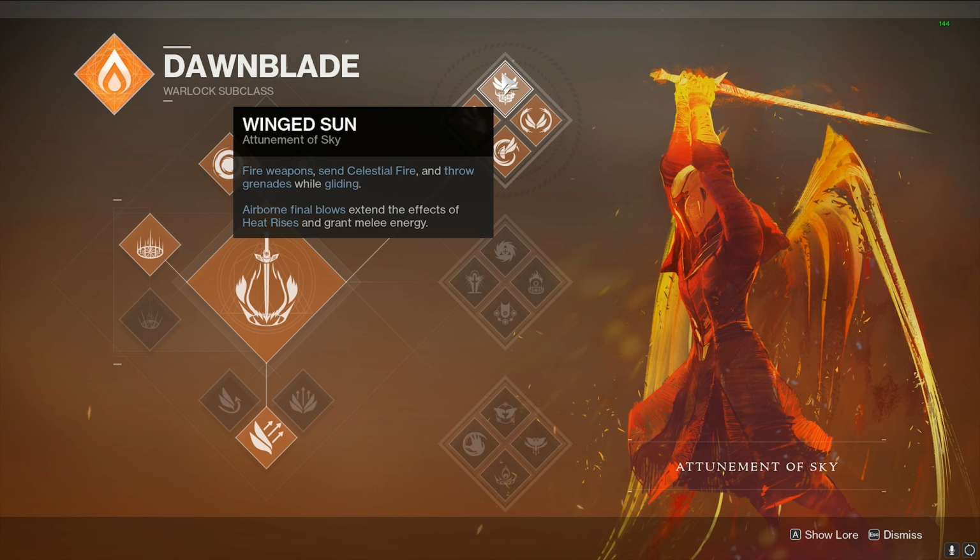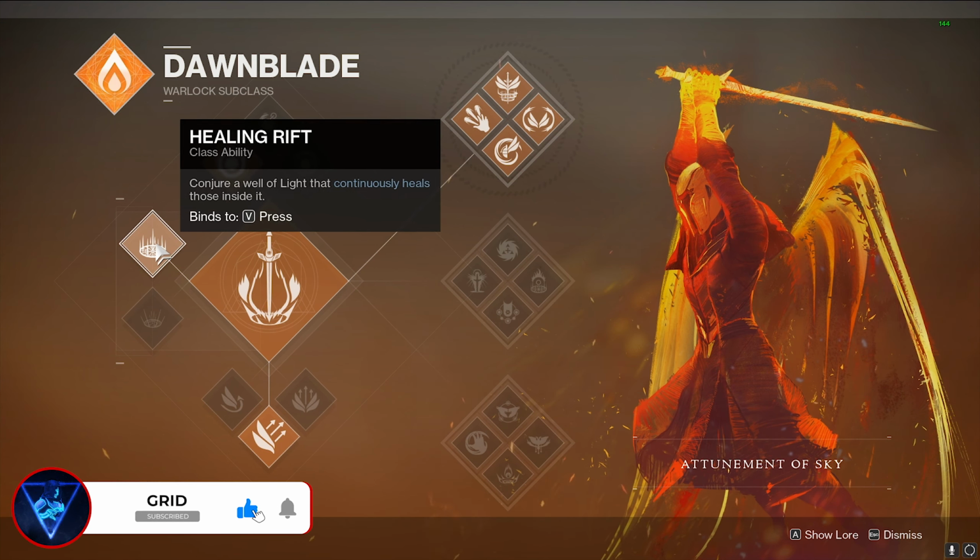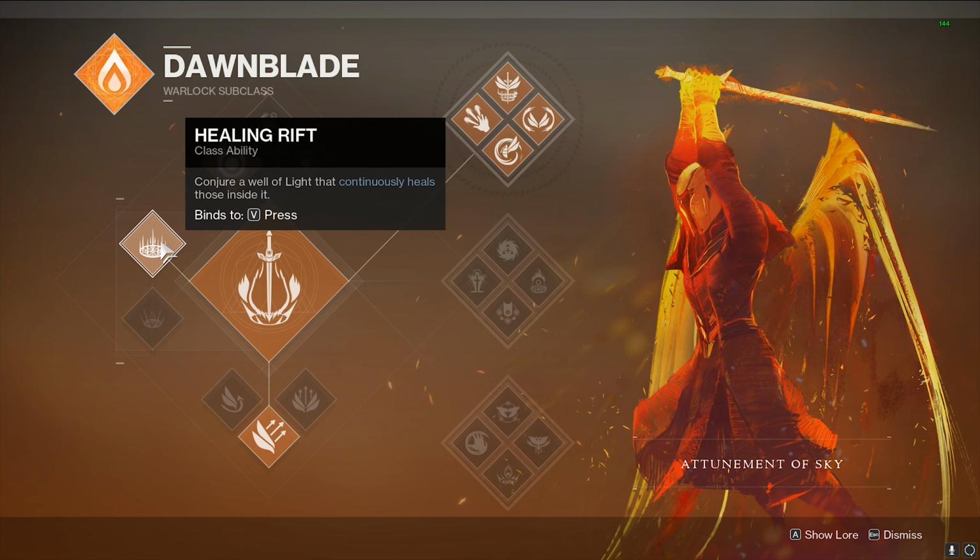And then Heat Rises and Winged Sun allow for some really nutty picks at the beginning of any round, and it can be detrimental to the enemy team if you use it in the beginning of the trials, or even survival in some cases. One thing I want to make a note of on Healing Rift is that yes, this